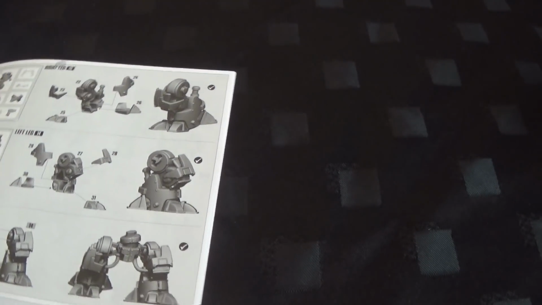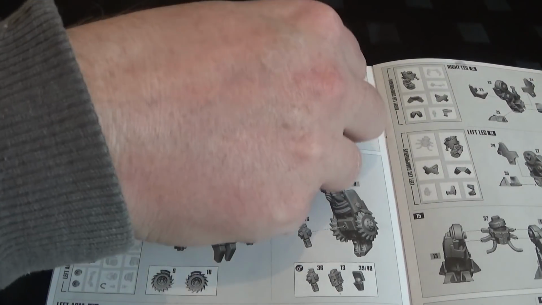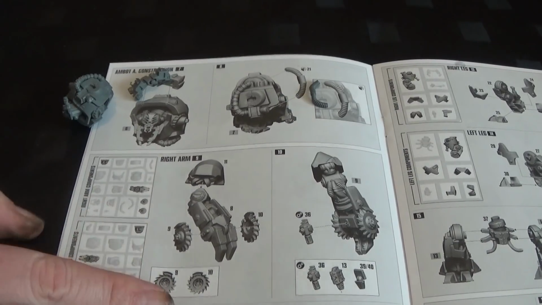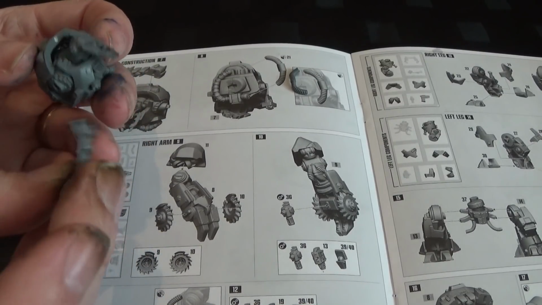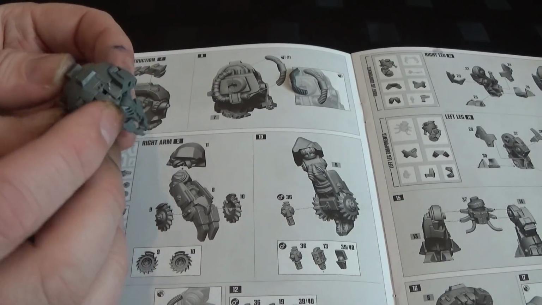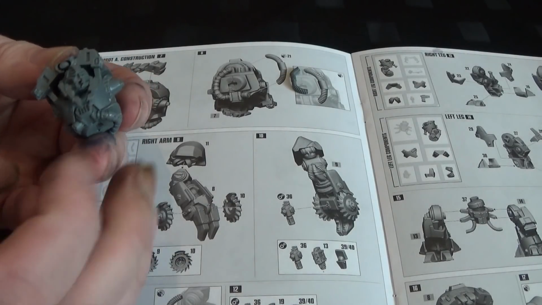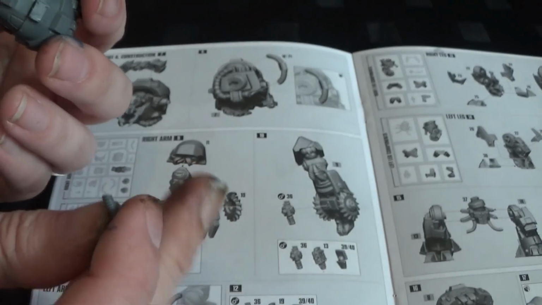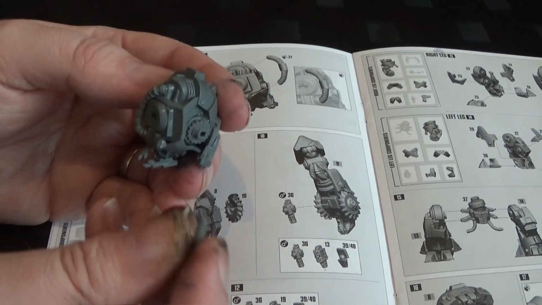Okay, so moving back to the instructions. We need part 7. And we need part 21. So this will finish off the body sort of area. And then we're going to move on to the arms. So part 7, I imagine, will fit onto there. So it goes over where those cogs are and fits onto the bits that are sticking up from this front plate to give you that. Part 21 is the other missing pipe from the back, sorry, from underneath. And that,